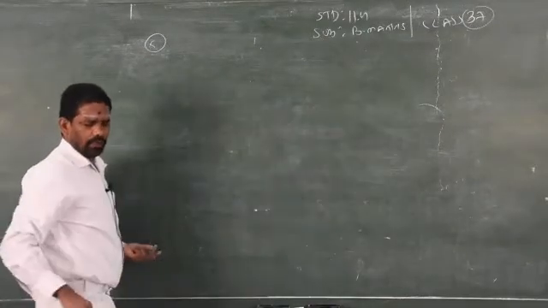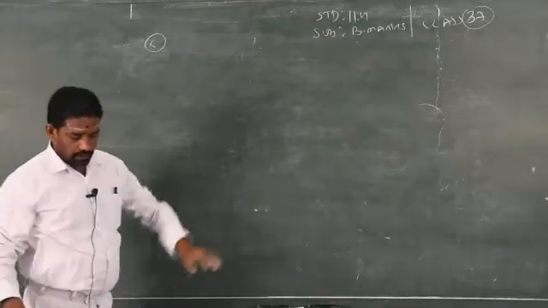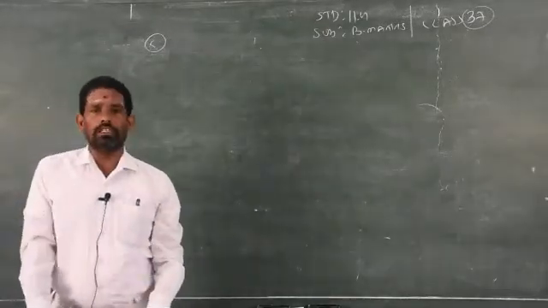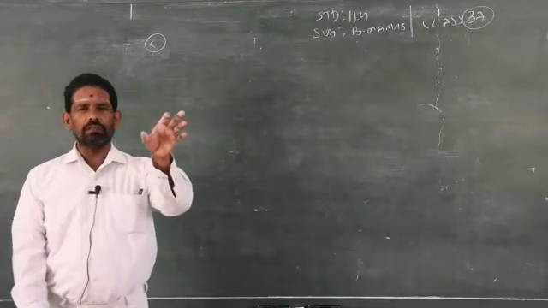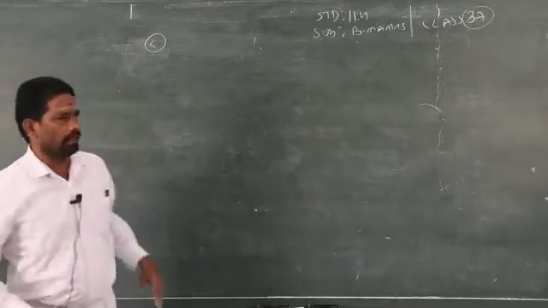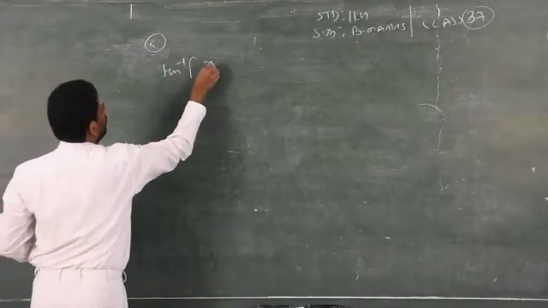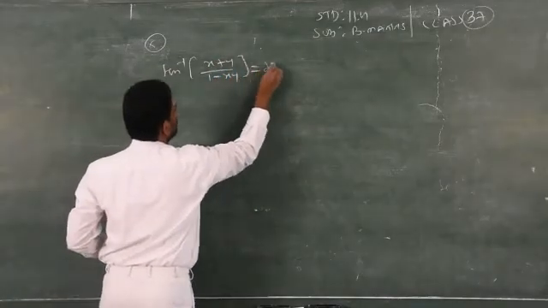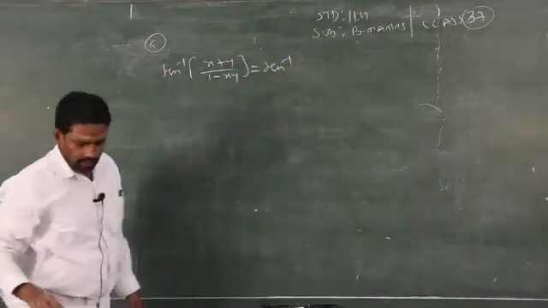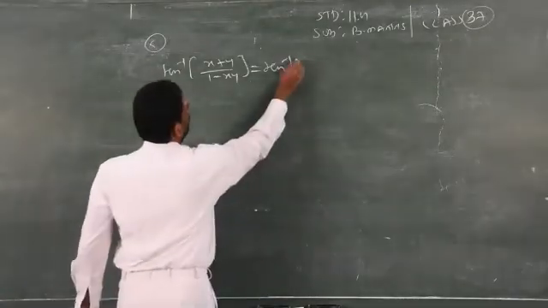Solve, that is, you have to find out the values of x. So straight away I am writing that answer. It is given tan inverse of x plus 1 plus tan inverse of x minus 1. It is the tan inverse of x plus tan inverse of y format. It is the plus formula. So tan inverse of, what is the formula? x plus y by 1 minus xy is equal to what is given on the right side? Tan inverse of 4 by 7.